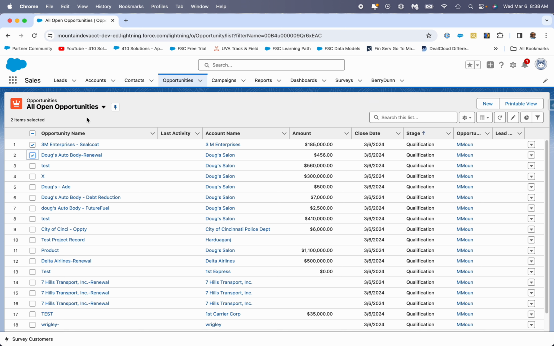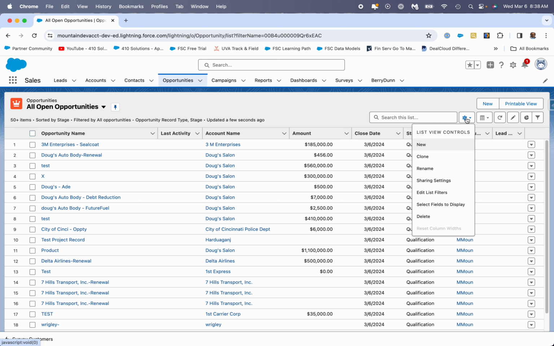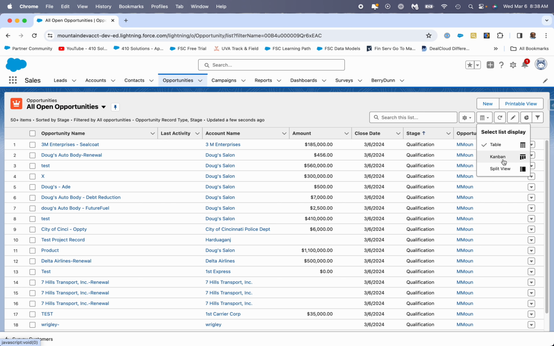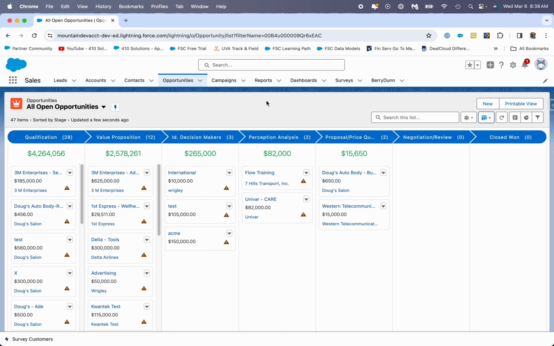Now what I want to do is take a look at my pipeline. And growing up with Lotus 1, 2, 3, and then Excel, I like this view. But there's another view that I like better. Instead of coming in here into list controls, I click on the next one and I say, I want to see the Kanban view. What this does is let you see, in this case, all open opportunities by stage.